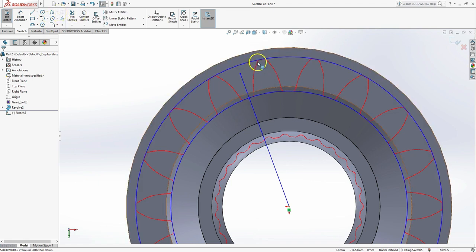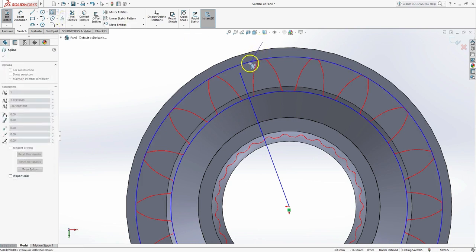So the correct way to make involute splines like this is actually to use the equation-driven curve, that defines those in a complicated formula, and then you actually get a curve that follows it. In this case, for the demonstration, I'm just going to use a standard spline and just kind of draw it and eyeball it in the right location. This actually works pretty well for the most part.